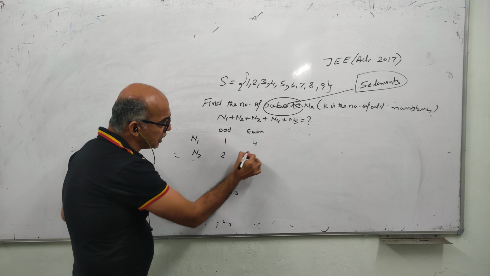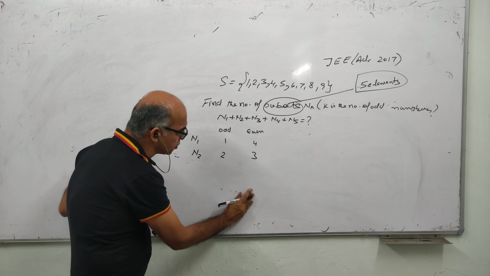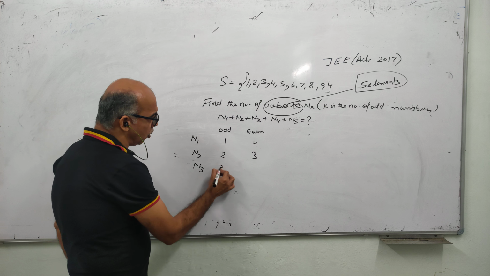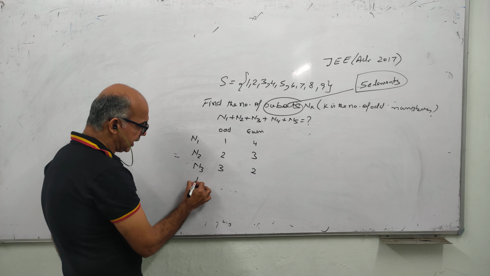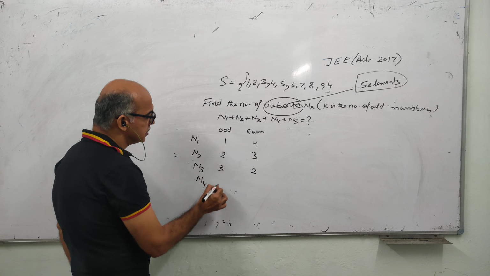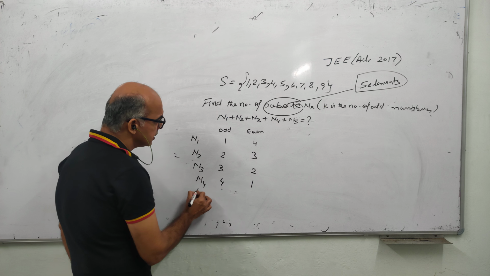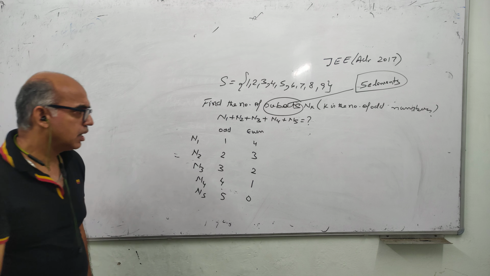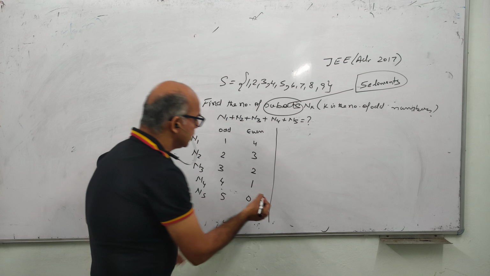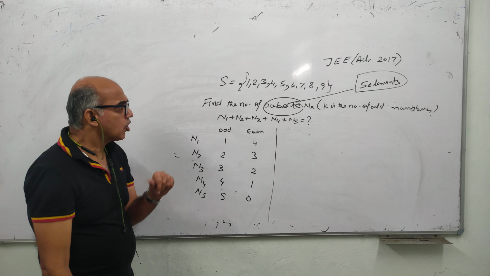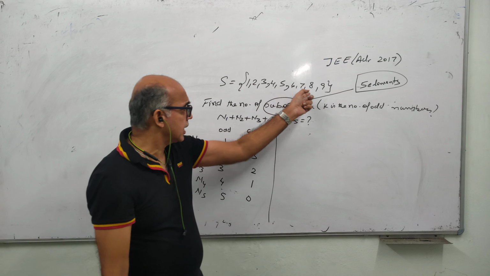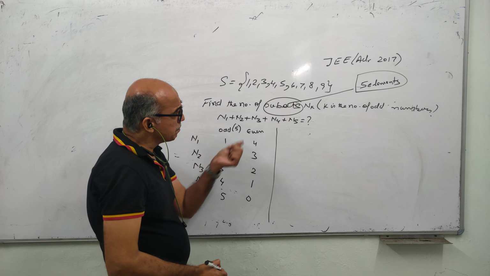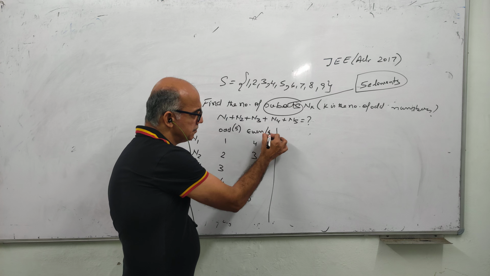Talk about N2. N2 में 2 odd number होगा and even number हो जाएगा 3 because total 5. Next is we have N3. N3 में 3 odd and 2 even, and N4 में will be having 4 odd and 1 even, N5 5 odd and 0 even. I hope we are clear up to here. Now moving further, odd numbers हैं कितने हमारे पास? 1, 3, 5, 7, 9. We have got 5 odd numbers. Number of even numbers 2, 4, 6, 8, 4.